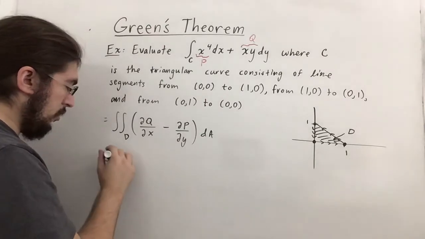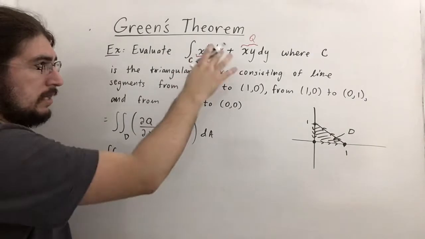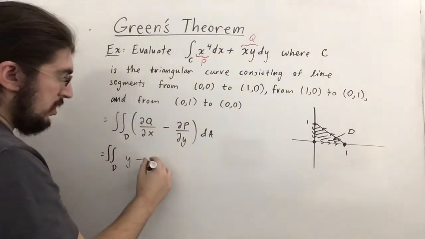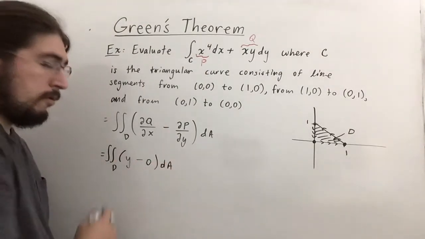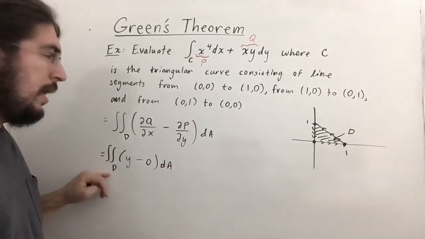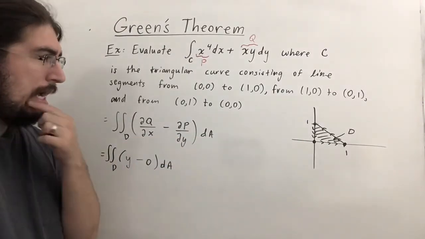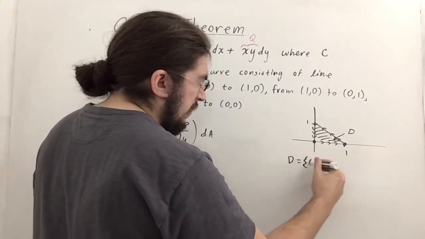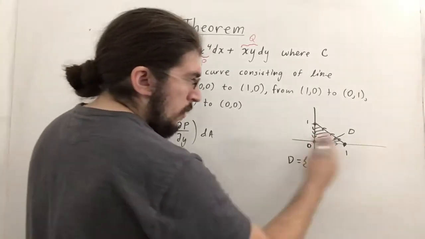So let's get that part right. The double integral over D, the derivative of this with respect to x drops the x, so you just get y, minus the derivative of P with respect to y, which is just 0, look at that, dA. So really this is just the double integral of y dA. That made that pretty simple, but now how do we describe this region? Well, this is a type 1 region, and we can describe D as the set of all points (x, y), where x is in between 0 and 1,